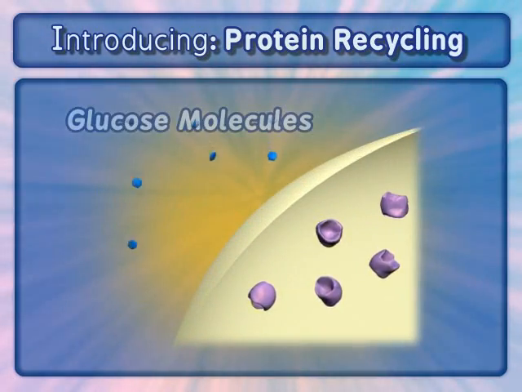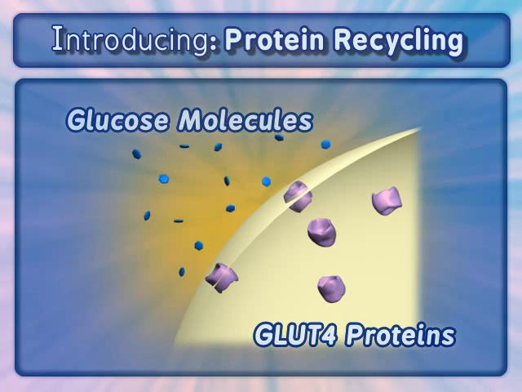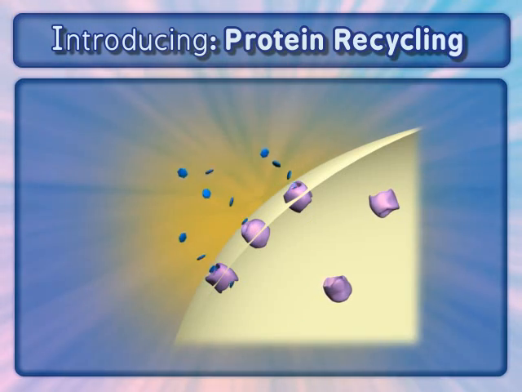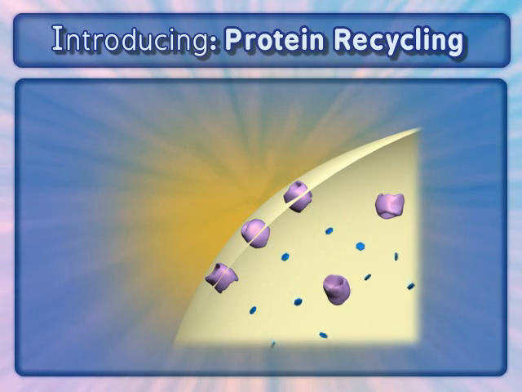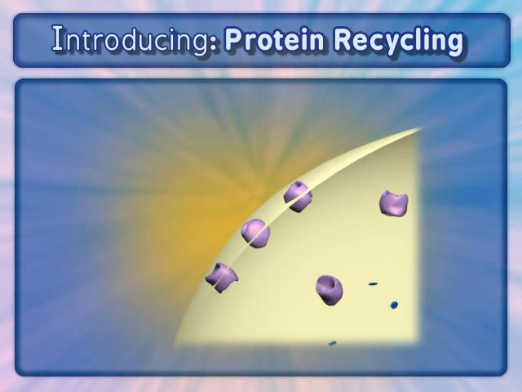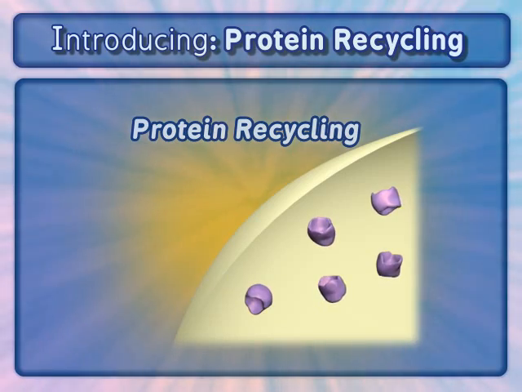When glucose levels rise in these tissues, the glucose transporter 4, or GLUT4 protein, is mobilized from the cytoplasm and deposited in the plasma membrane. This animation illustrates how proteins are recycled in the cell, a basic concept critical to understanding how external signals affect